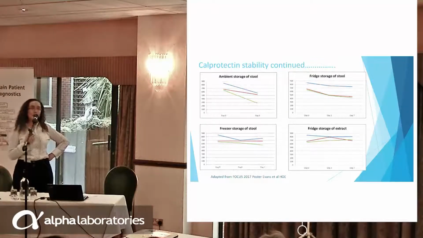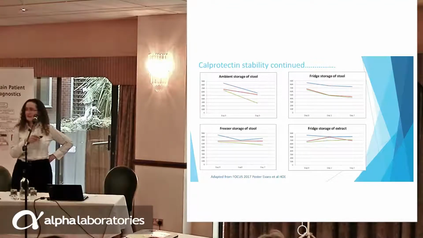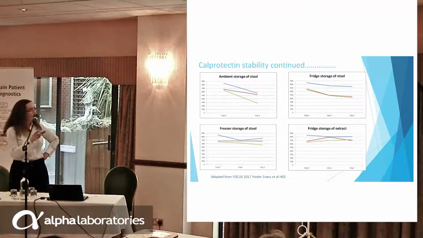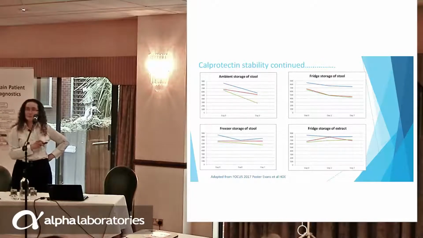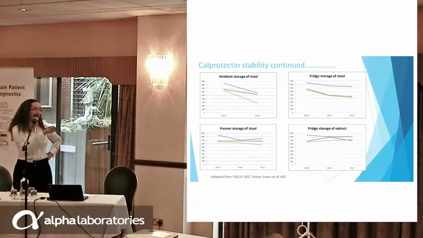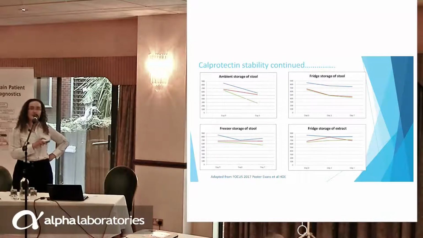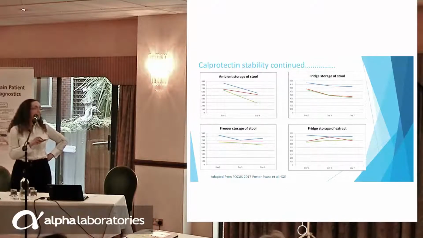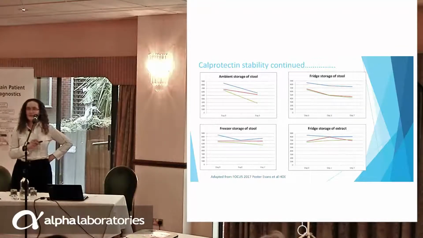They then froze the samples in the stool before testing at day 3 and day 7. And as you can see there, that's obviously kept the samples fairly stable. Now this is all in the stool. They then extracted the sample on receipt and then stored them in the fridge and tested at 3 days and 7. As you can see there, that the extracted samples are way more stable than the calprotectin in the stool